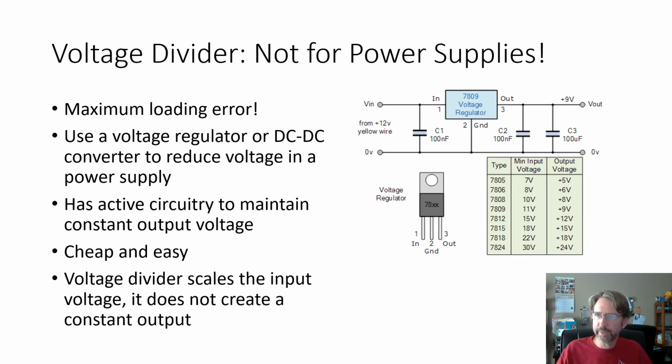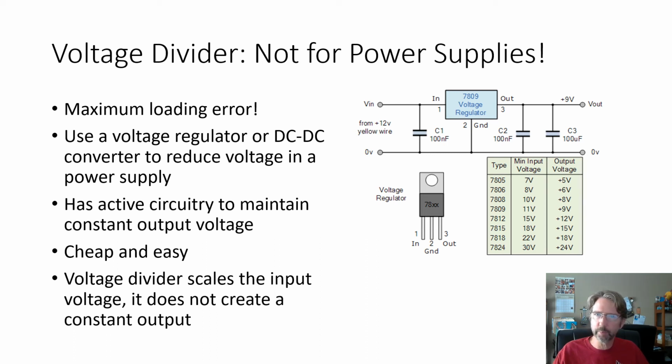So voltage dividers reduce voltages, they make them smaller, and so sometimes people are tempted to use this to make a power supply. An example might be you need 5 volts to charge your phone, and you've got a 12 volt battery in your car. So you think, well, I can use a voltage divider to reduce that voltage from 12 down